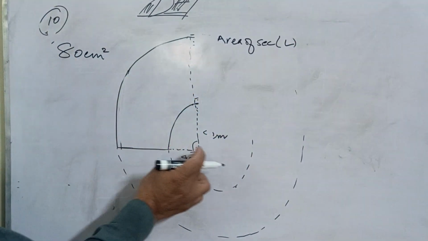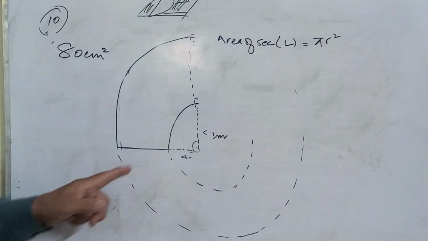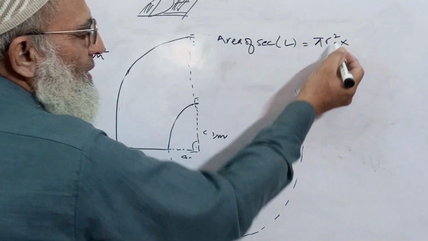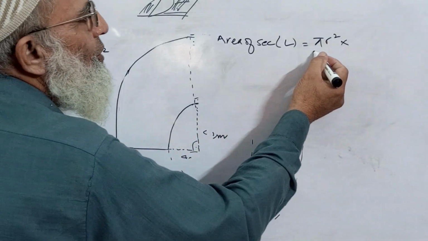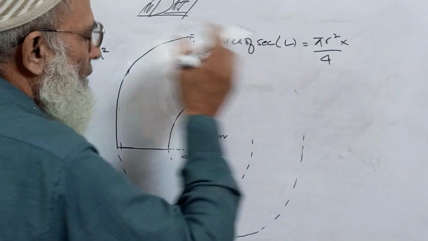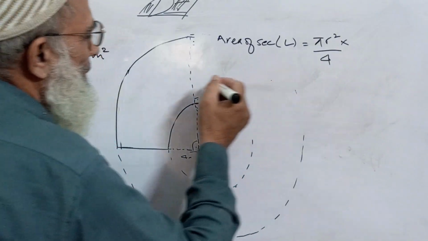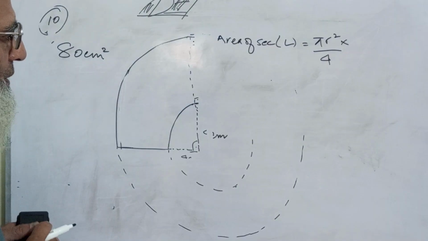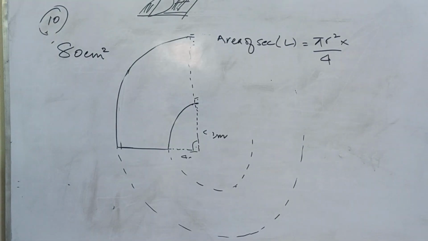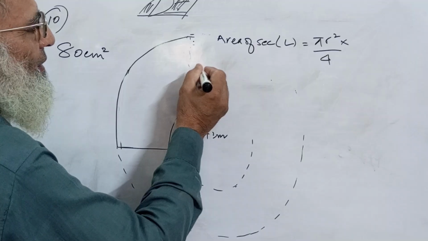Okay, so you see, it is pi r square multiplied by theta upon 360. Since it is 90 degrees, it becomes one fourth. So my dear students, now this is 4 here, and this was 8 centimeter